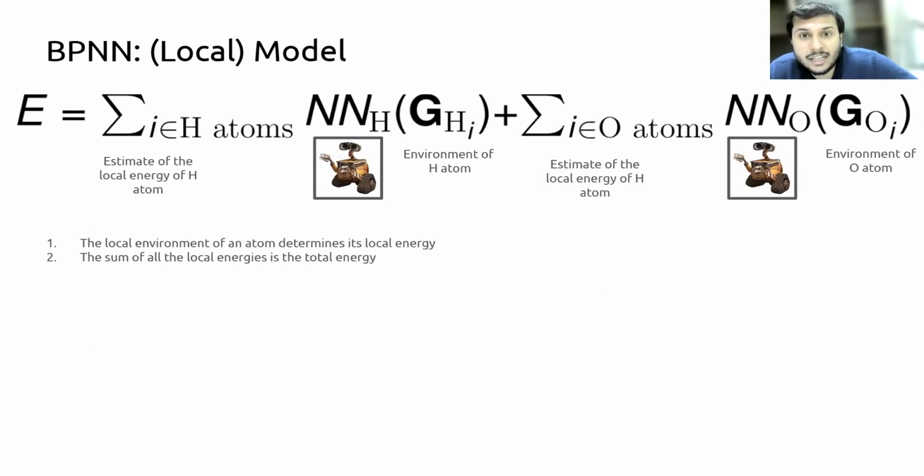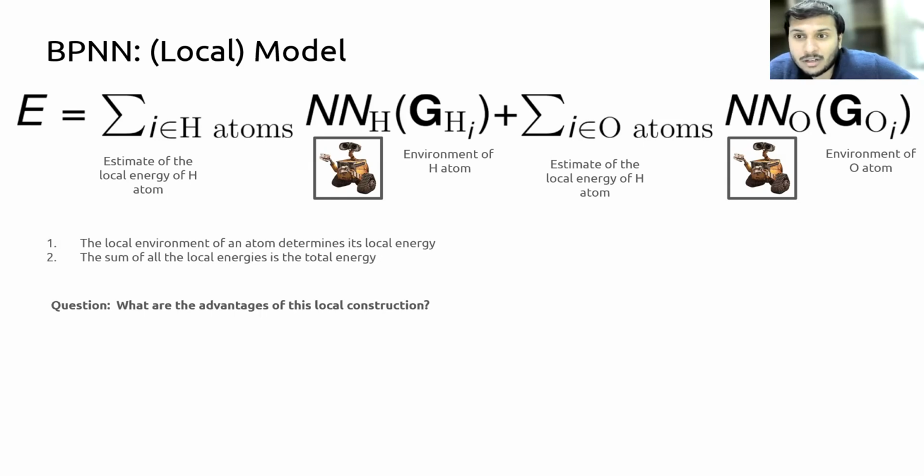So the total energy at the end would be the energy of all the hydrogens plus the energies of all the oxygens. The code which actually fits your Behler-Parrinello model will basically fit two models, one for the hydrogens and one for the oxygens. As an input, it will take the environment of a particular hydrogen atom and predict the atomic energy. Then you sum that over all the hydrogens, which gives you the total energy of all the hydrogens, and likewise for the oxygens. The sum of all of this determines the total energy of the system. Now,